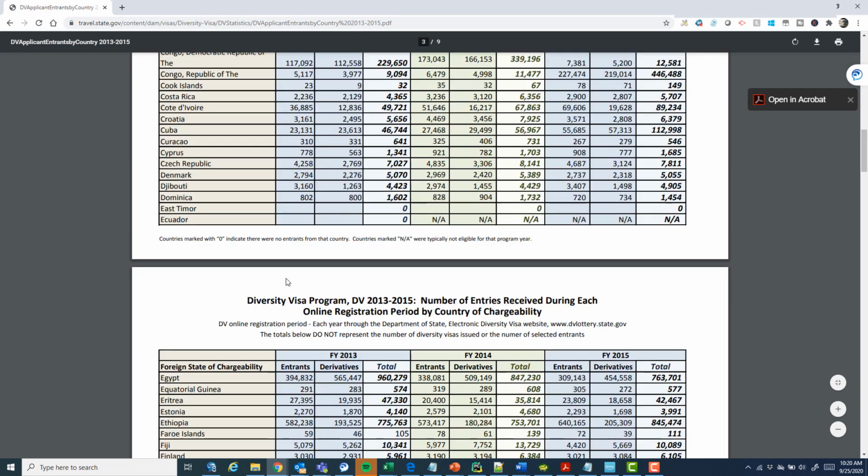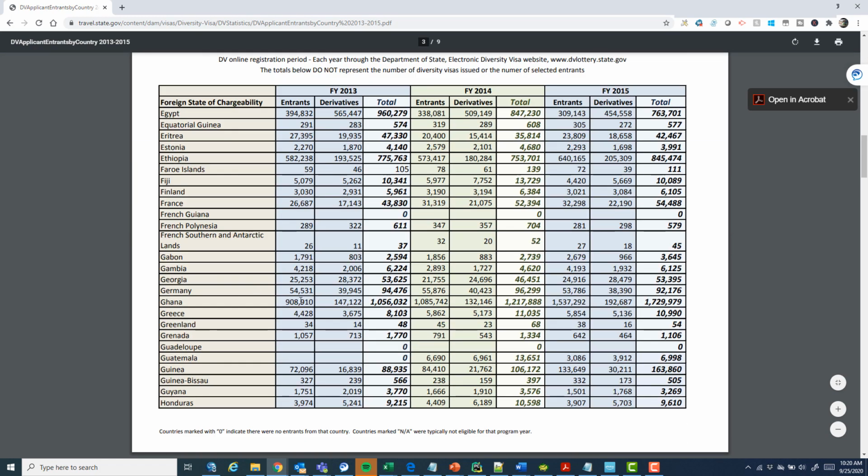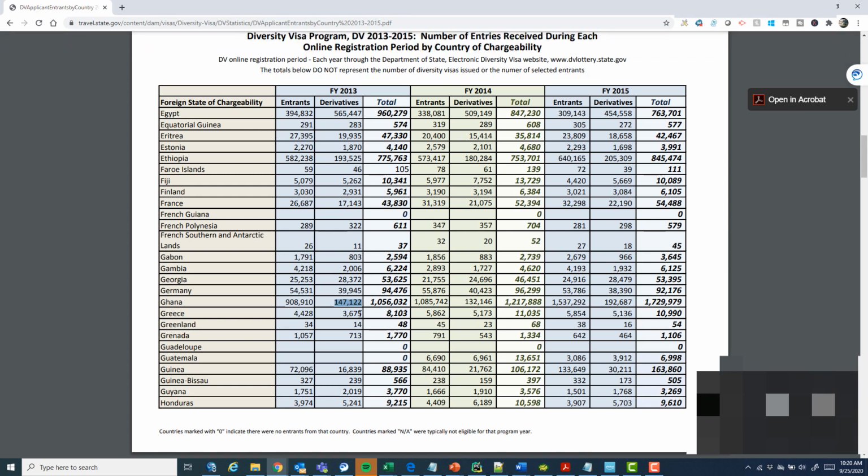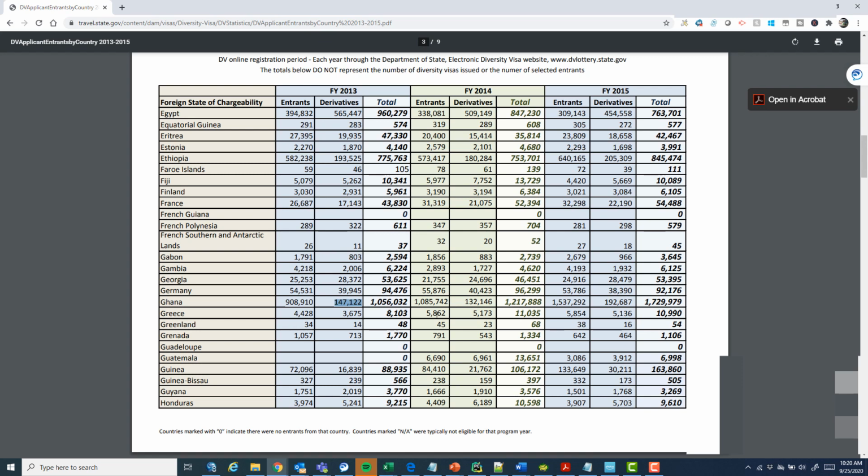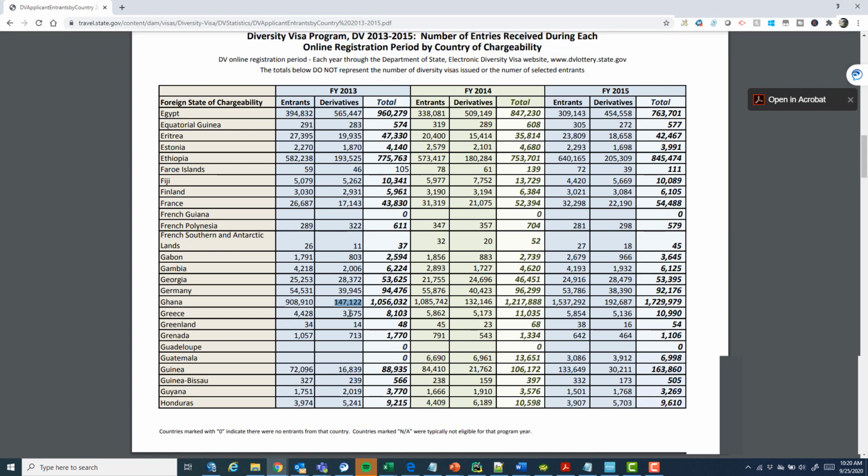We saw the same sort of increase in the next year. So again, they've gone up to 900,000. Now again, this is over double the number of entries, and a very small increase in the number of derivatives. You just can't have that happen. Is it that all of a sudden people in Ghana are not getting married? No, of course not. It means that there are lots of proactive single applicant entries being made, probably by agencies or scammers. Look at this,